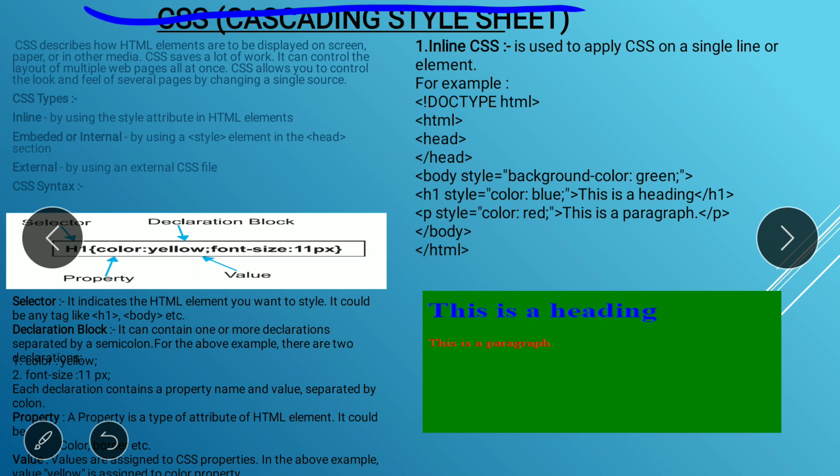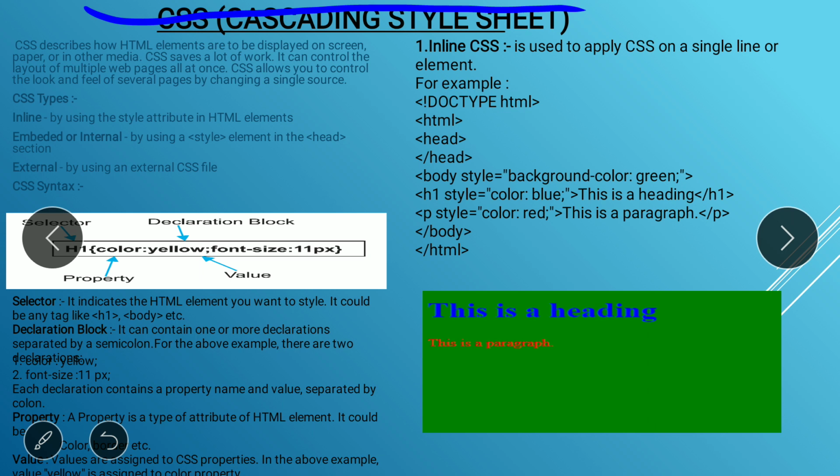Whatever changes you have to make, you open that CSS file and just update it, and automatically all the changes are applied in your HTML file also. So that is the benefit.